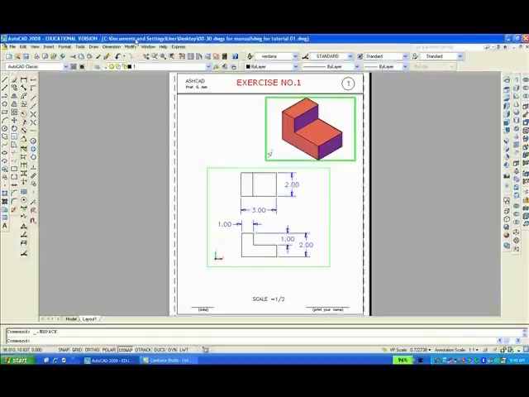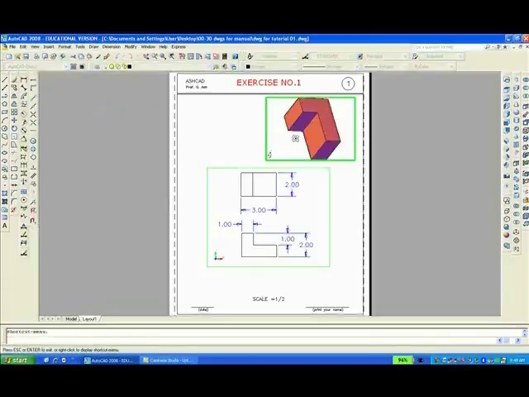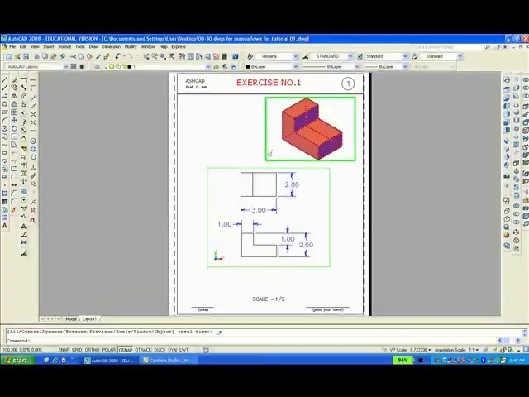For example, I can go to View, Orbit, Continuous Orbit, and move this drawing in 3D space any way I want to. In addition, by double-clicking outside of that model space viewport, I can get back into paper space and I can change the scale to any scale I want for the 2D drawing. You'll learn more about all of that later on as we progress, but right now let's get started creating the